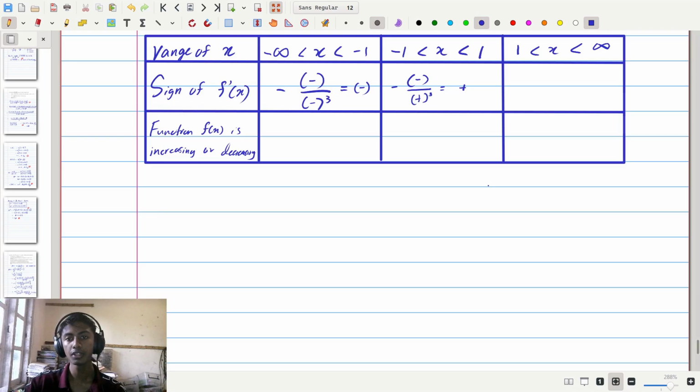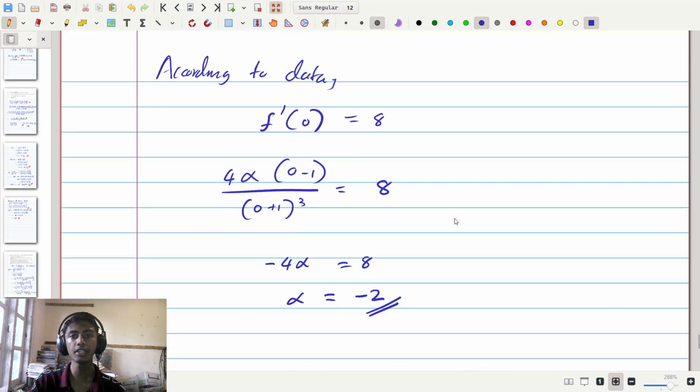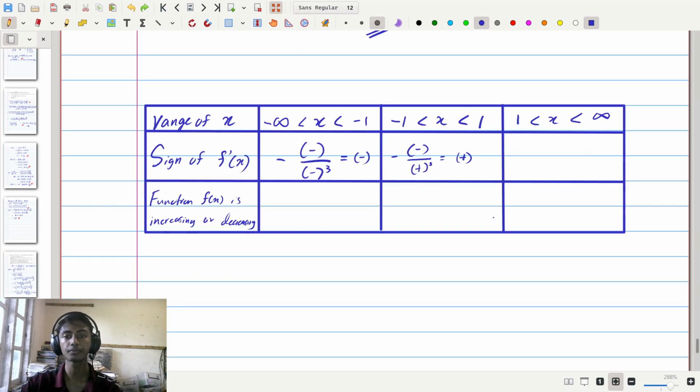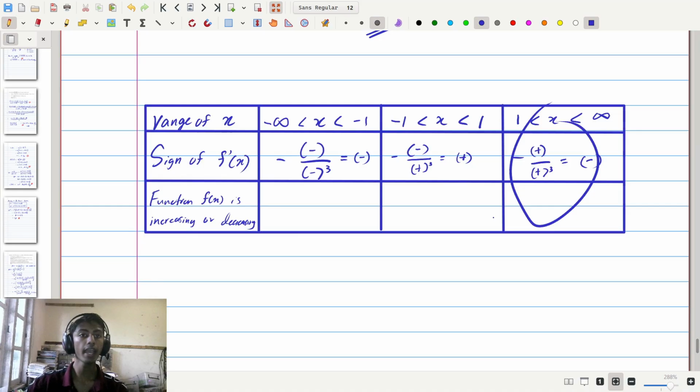Now for the final range, we have x's bigger than 1, and due to that, if we consider the values here, we have alpha being a negative number, we have 1 or something bigger than 1 minus 1, which is going to be a positive number, divided by a positive number plus 1, which is going to be a positive number. So this is positive, and only the alpha is negative. So therefore going down, we have a negative value of alpha times a positive number divided by a positive number cubed, which is going to be equal to a negative number. So we can see f prime x is going to be negative in this range, and will only be positive